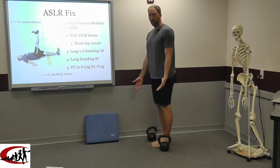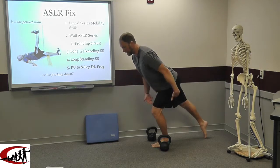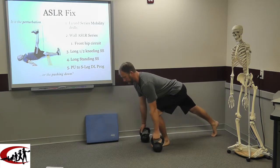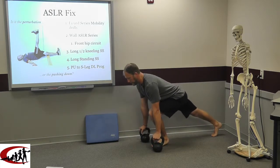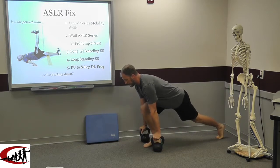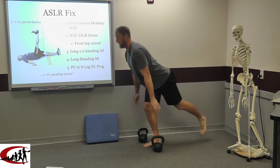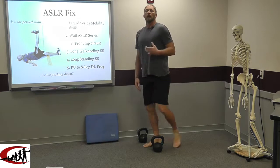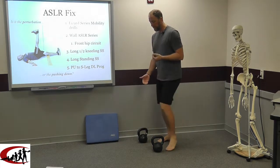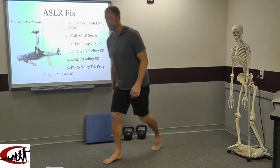Now, I can obviously do that with the kettlebells as we get to that. But then to reverse it, what I'm going to do is just reach back, maintaining good deadlift postures here until I find the bells or find the boxes, shift back into my push-up position, and do the same thing on the other side. Shift forward, lift that back leg, and stand up. So again, bring the ground up to them. If that's too far, if we need to,